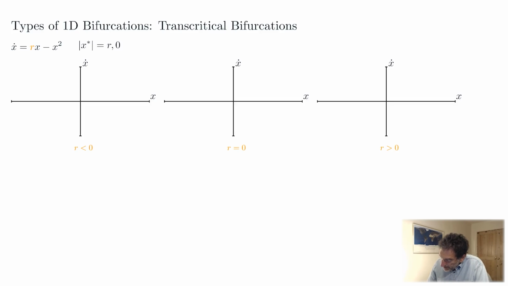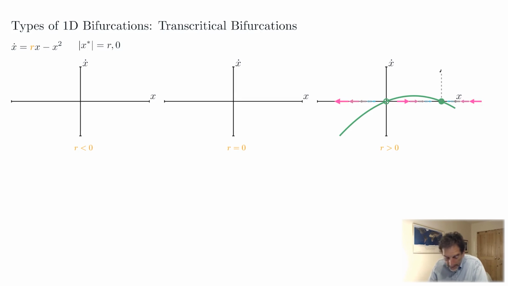So if r is positive, for example, then we see that the function f is always an upside down parabola, but at the origin, it starts with positive slope. And so this upside down parabola is going through the origin with a positive slope before it crosses somewhere for positive x. And so we have a stable fixed point for a positive value of x at r, an unstable fixed point at the origin, and the flow is, let's fill in the flow,